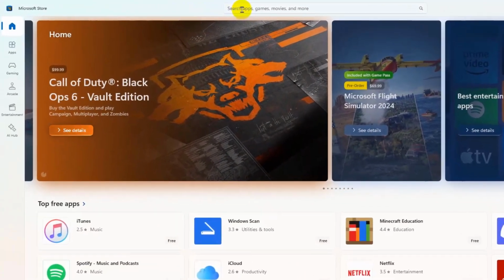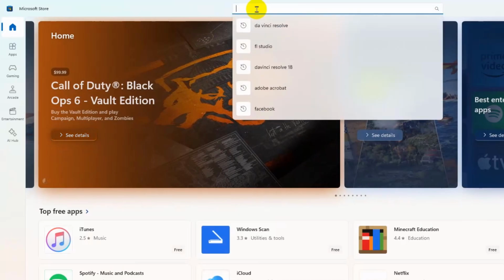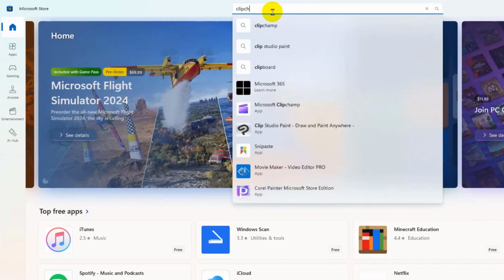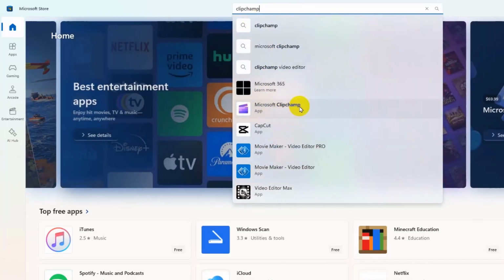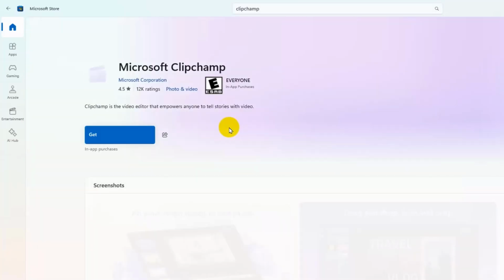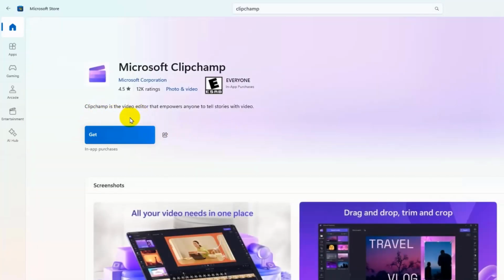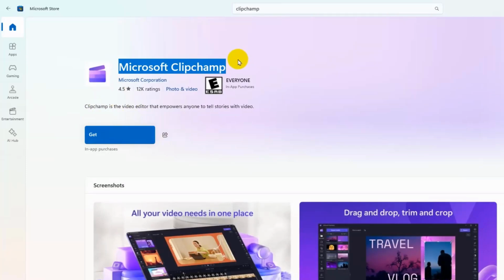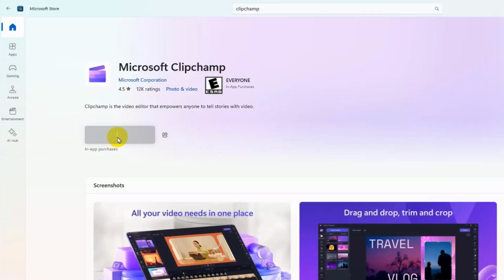Just click on it, and when the Microsoft Store opens, over here in the search option, you need to search for Clipchamp, and here you can see it is showing Microsoft Clipchamp. Just click on it, and there you can see a get button for Microsoft Clipchamp. Just click on get, and it will start downloading Clipchamp,